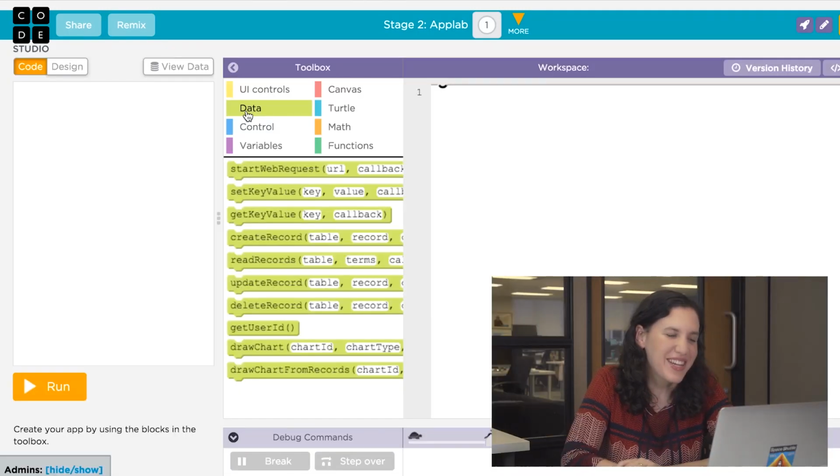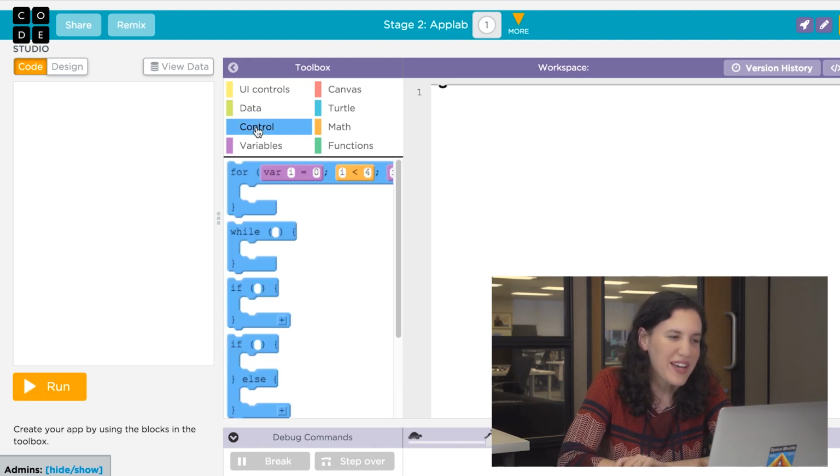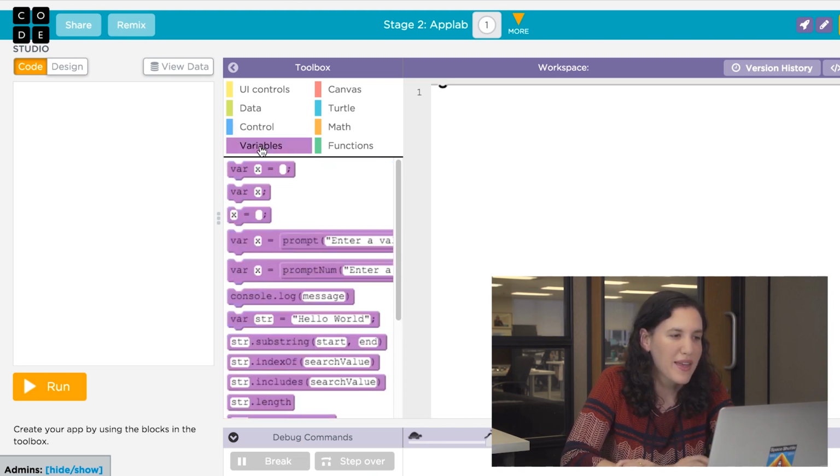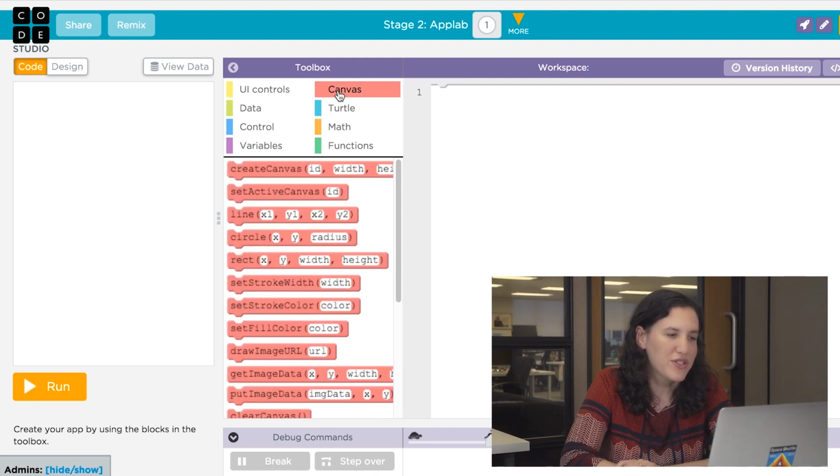In the data section, you can save data to a database and get data from a database. In control, you'll find functions to allow you to use if statements or loop or control the flow of your program. The variables will allow you to set variables or read variables. It includes strings and lists, which will allow you to create lists. Under Canvas, you'll find controls to let you put a canvas on the screen and draw different things into it,